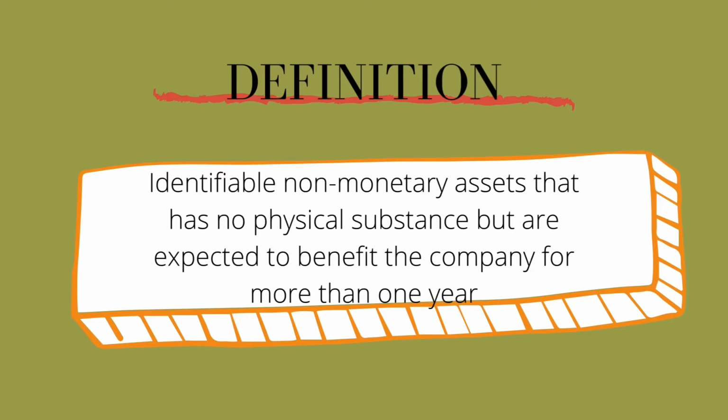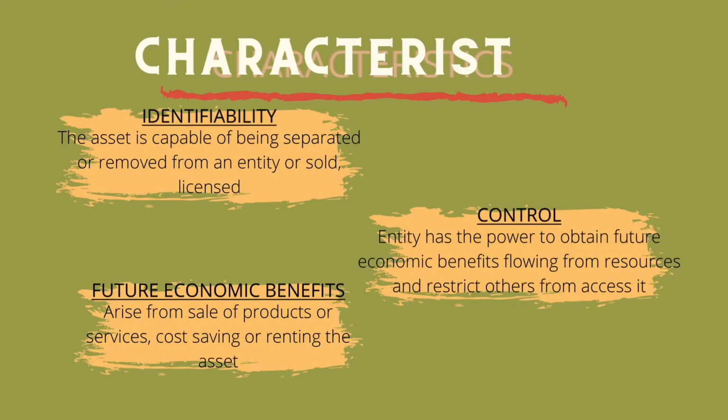a computer system. There are characteristics of intangible asset which are identifiability, which means capable of being separated or removed from the entity and sold. Secondly, control. Control is present when the entity has the power to obtain future economic benefit flowing from the underlying resource. And thirdly, future economic benefit may arise from the sale of product or service, cost saving or renting of